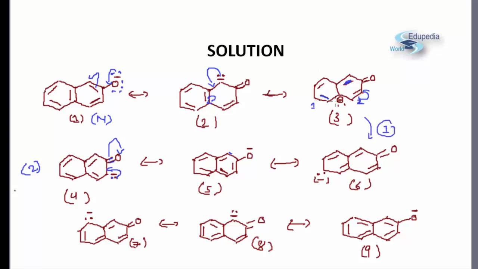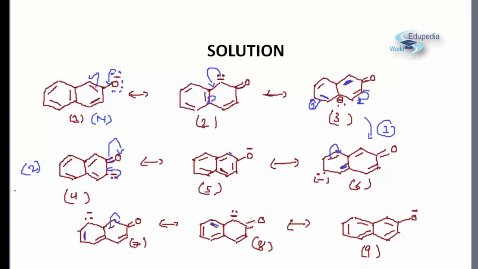You can again see a pi sigma lone pair conjugation. So now if you move this pi bond on this position, and this lone pair converts into a pi bond, so we'll get a pi over here, a lone pair over here. And from 6 we can again draw 3 more structures. How? Pi sigma lone pair conjugation. So you move this pi bond over here, you get a pi bond at this place. Again you can see pi sigma lone pair conjugation. So now you do what? You move this pi bond over this position, and you draw a pi bond at this, this is your 8th structure.